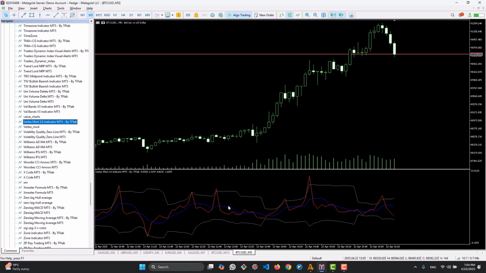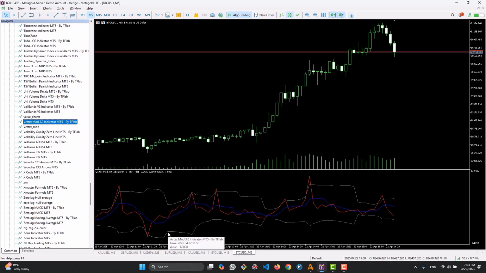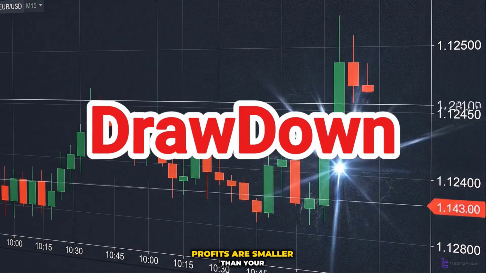This indicator is made up of 4 lines, with the red line being the main vertex line. The blue line is the signal line, or the smoothed version of the main line, and the 2 gray lines serve as the upper band and lower band of the